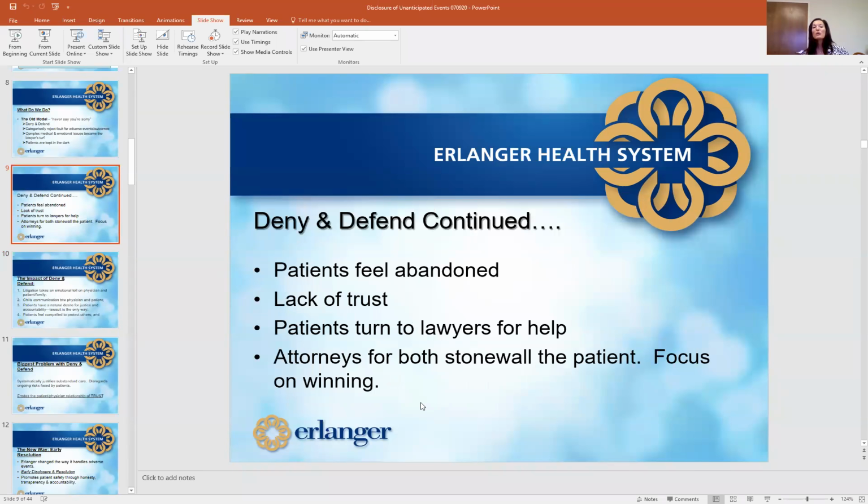I apologize. So patients ended up turning to, when their doctor, the person they've put their health, their well-being, their trust in, to do something as big as, I mean, your primary care provider or a surgeon that is literally opening up your body and performing surgery on you, that requires a lot of trust. And when that trust relationship broke down, they didn't have anyone to turn to because we weren't talking to them at that point, right? So that's when they would turn to lawyers. So the question came up in the industry: is this the best way? Are we actually getting the benefit that we think we are from deny and defend?